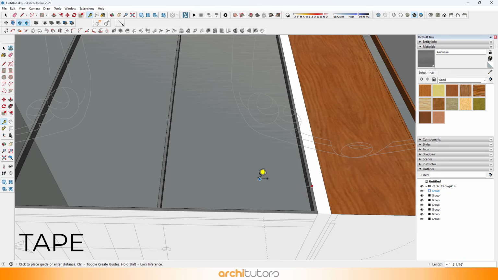On the ground floor, I'll show another wooden door along with the window.